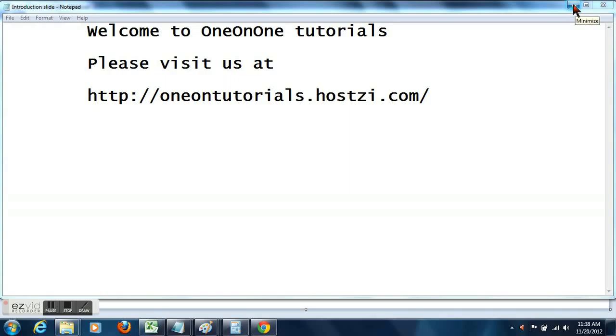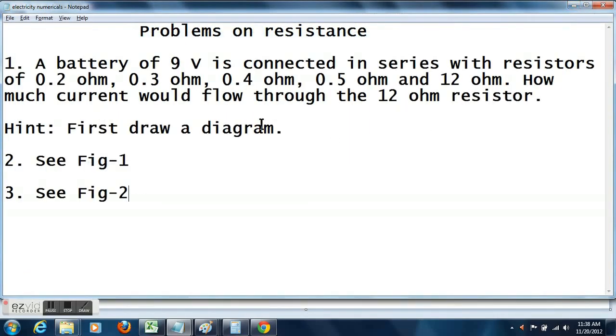Welcome to the next tutorial on electric current. In this tutorial, I will start explaining the solution to the problems, starting from problem number 1, which states